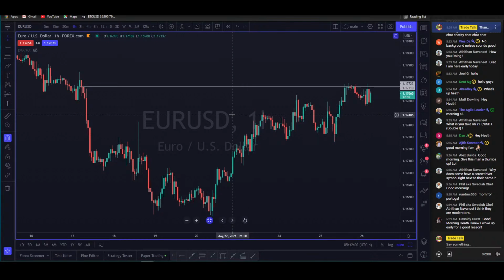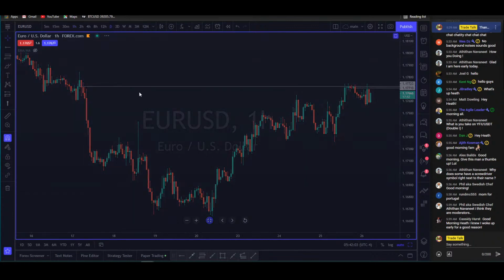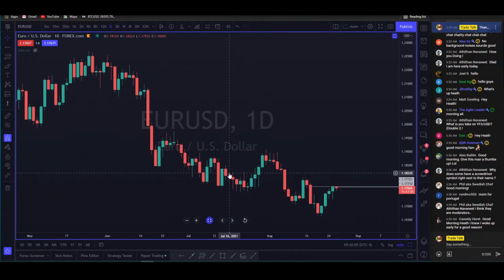We can't just have our longer time frame bias, but we have to be aware of what near-term price is doing, because near-term price is the order flow. It doesn't matter what happened last week, or the week before that, or the week before that. What matters is what's been happening the last 3 to 4 days, as that is the order flow. And you want to take your trades in the direction that order flow is going.